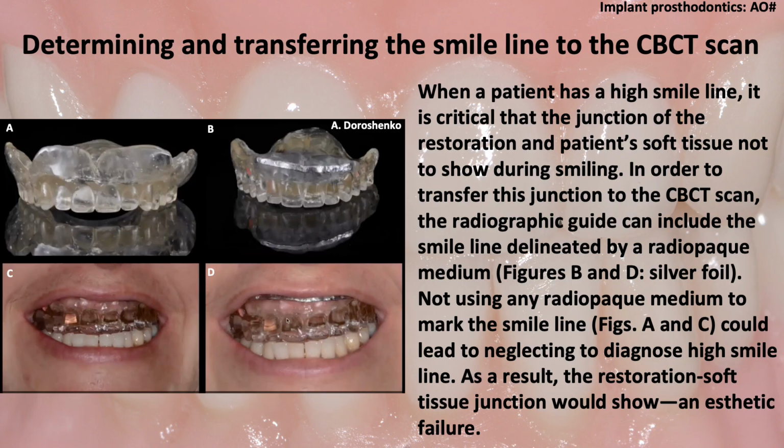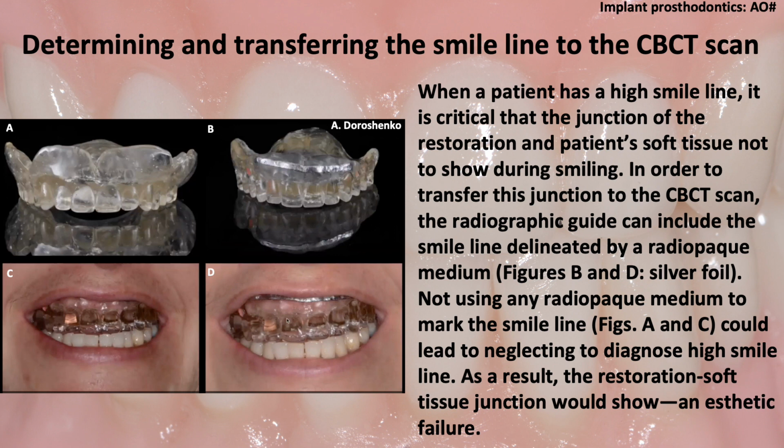Another part of diagnosis and treatment planning that Dr. Doroshenko reviewed was the aesthetics. So on the left side, figures A and C, again, you see that radiographic template. On the right side, figures B and D, you see the same radiographic template, but now it has what looks like a silver foil near the periphery of the template in the anterior region. That silver foil corresponds to this patient's smile line, and that's critical during the diagnosis and treatment planning because